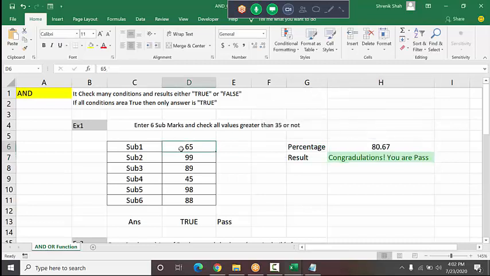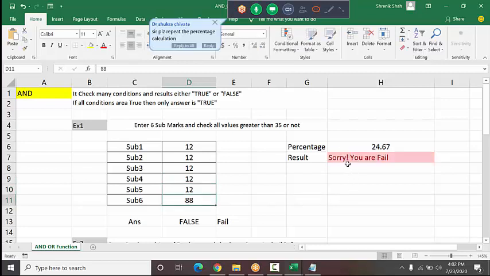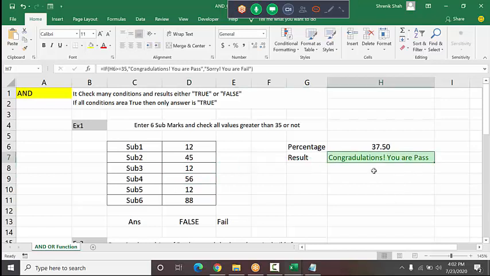See what happens. If I type some less marks, see it prints sorry you are fail. But if I try something like this, it prints congratulations you are pass.